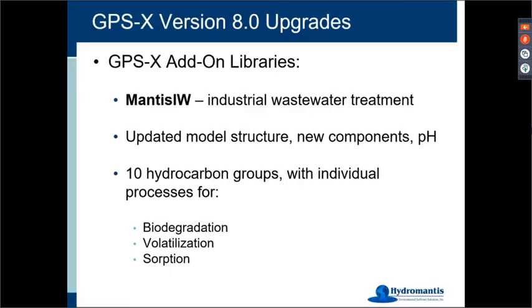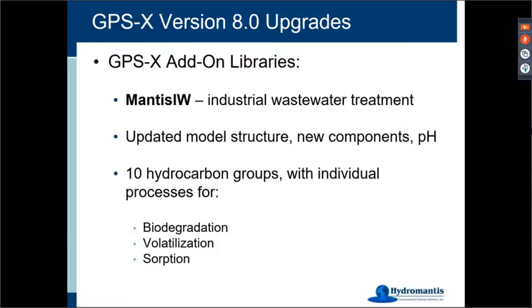Our Mantis IW is an industrial wastewater treatment model. We used to have another model, and we published it actually quite a number of years ago, called Mantis IW, that was a much simpler version of what we've implemented now. So this new model actually takes the Mantis 2 structure and expands it for industrial wastewater components. So there are a large number of new components, but it still has all of the stuff that you would normally be used to seeing in the Mantis 2 model, like the gas transfer and precipitation and pH models and so on.